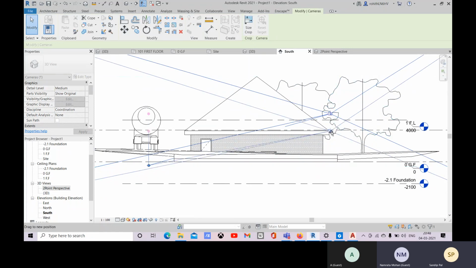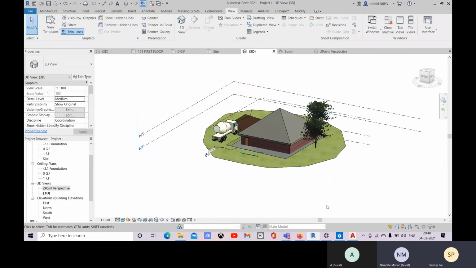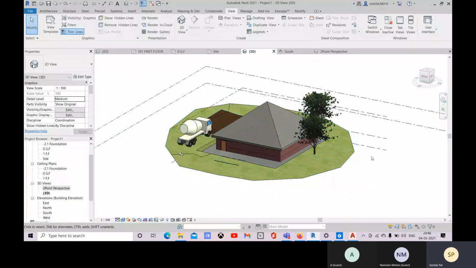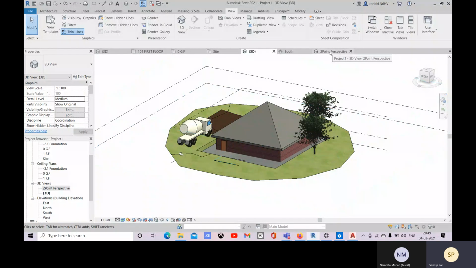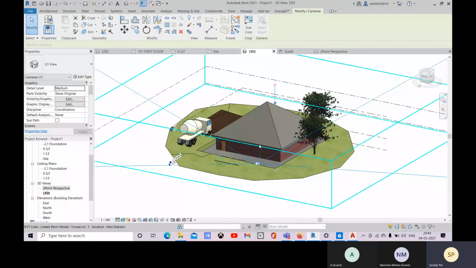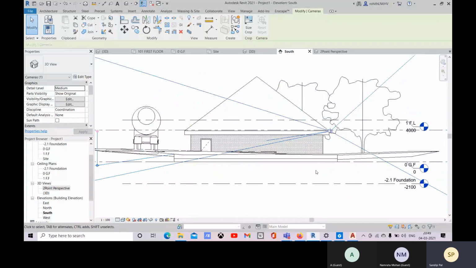Generally, what will happen is that if you don't select this one, you will not see the camera. The same way you have the default camera, but for the default camera you don't have anything created. That's programming set. So same like that, you have to first enter within this camera view, then select the camera, and then only you can change the position from each view. From 3D you can change these positions, and from elevations also you can change the positions.